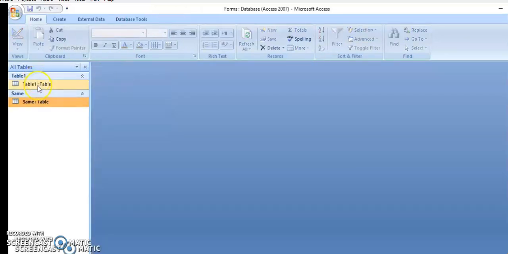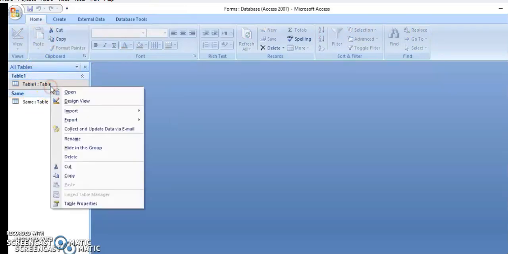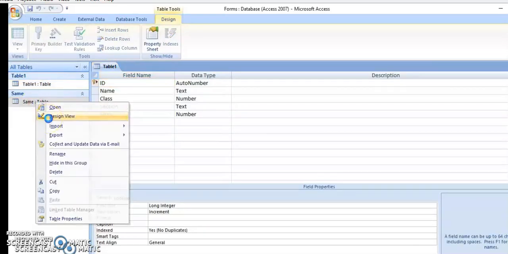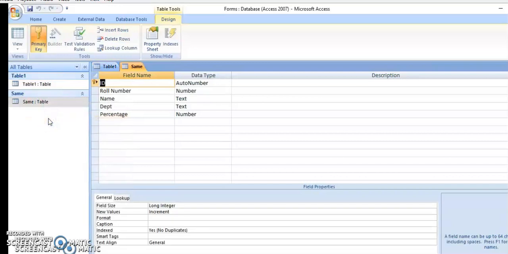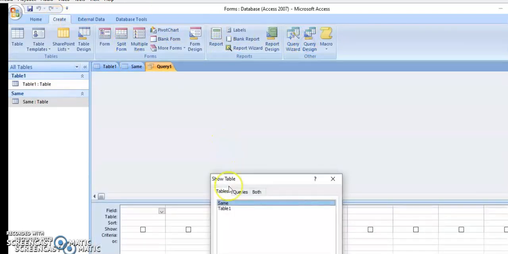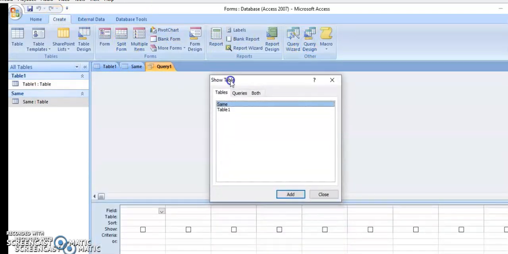Okay, children. What we are going to see now is how to create a query design. We'll open in design view. Once both are opened in design view, open the database and click the Create tab. Select the Query Design button in the Others view. I have taken it. You can see it on my screen, right?